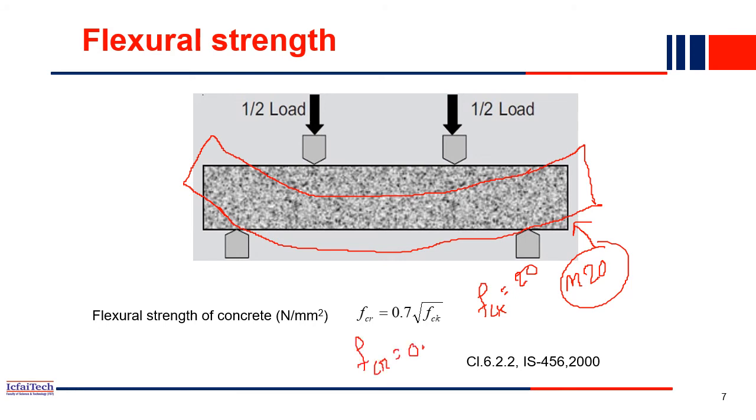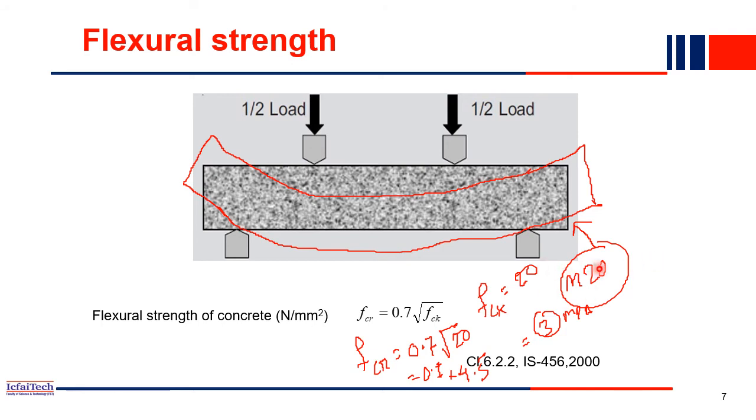So fcr is equal to 0.7 times root over of 20. So how much will you get? 0.7 into root over of 20, approximately you will get something like 4.5 or so. So 4.5 into 0.7, which is nothing but again 3 or something. So 3 MPa. So now you can imagine that the concrete made up of M20 grade of concrete